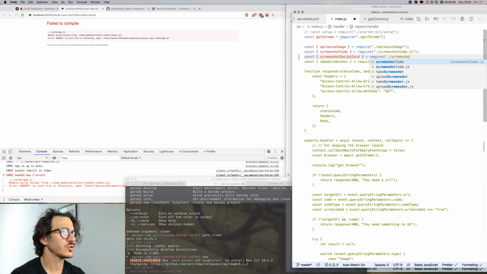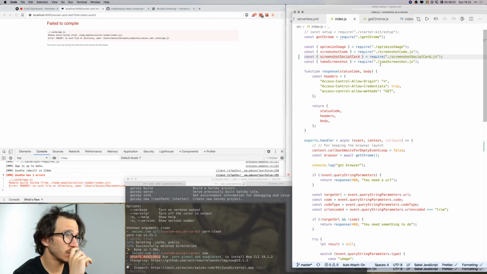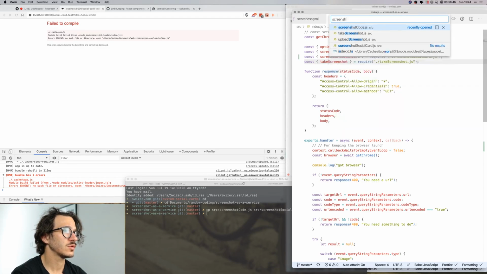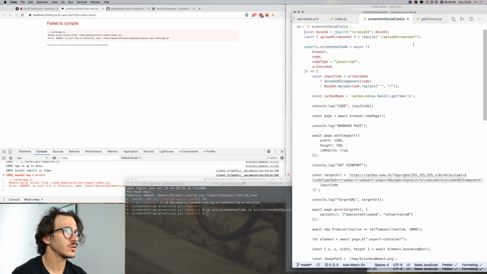I need to also refactor this lambda because card, I'm going to copy. What am I gonna screenshot social card, and this is going to do what? It's going to take upload screenshot, it's going to export screenshotSocialCard, take the browser and the title, and